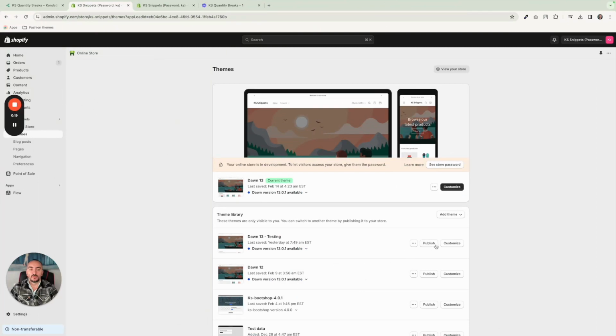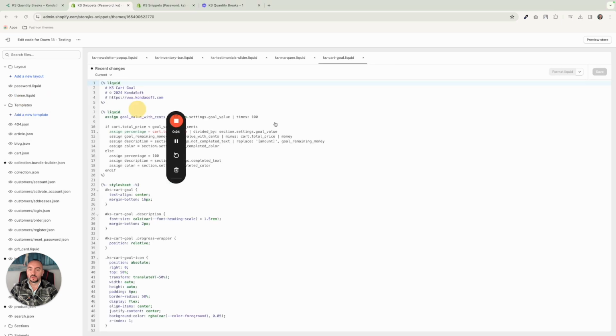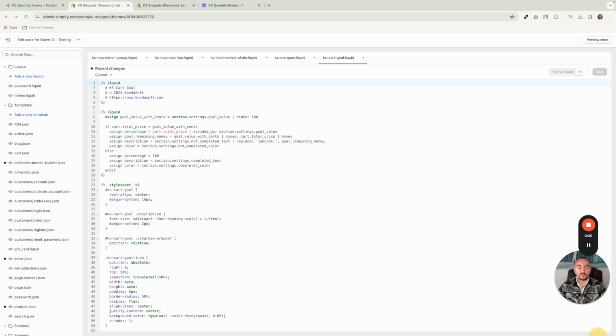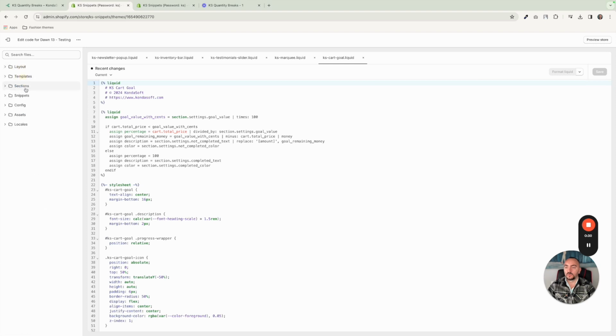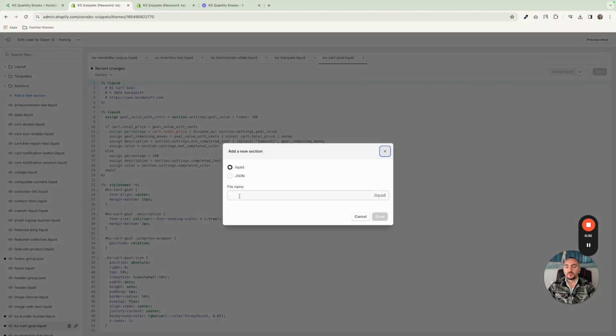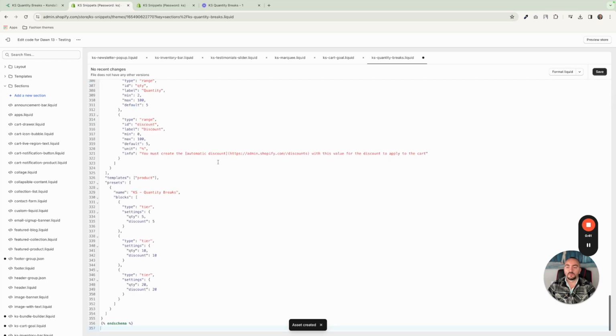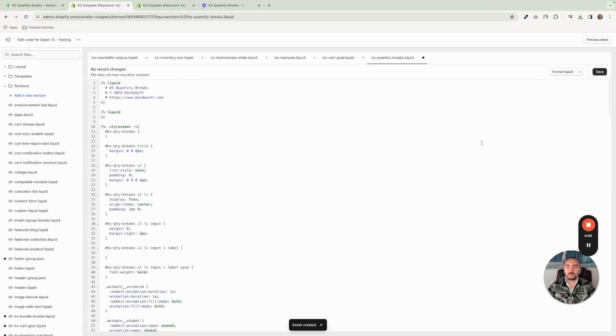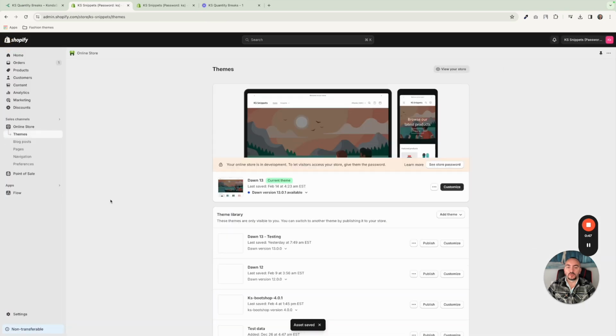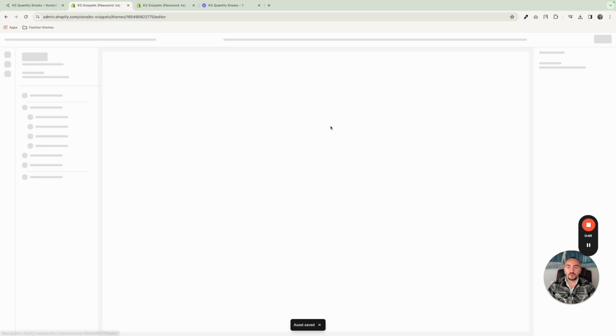and going back to the Shopify admin, go to the theme you want to install it, edit code, and then since this snippet is in fact a section, we should create a new one called KS quantity breaks. Okay, all we have to do is paste the contents of the file that we have just copied. Hit the save button, and then again from the same theme hit the customize button,